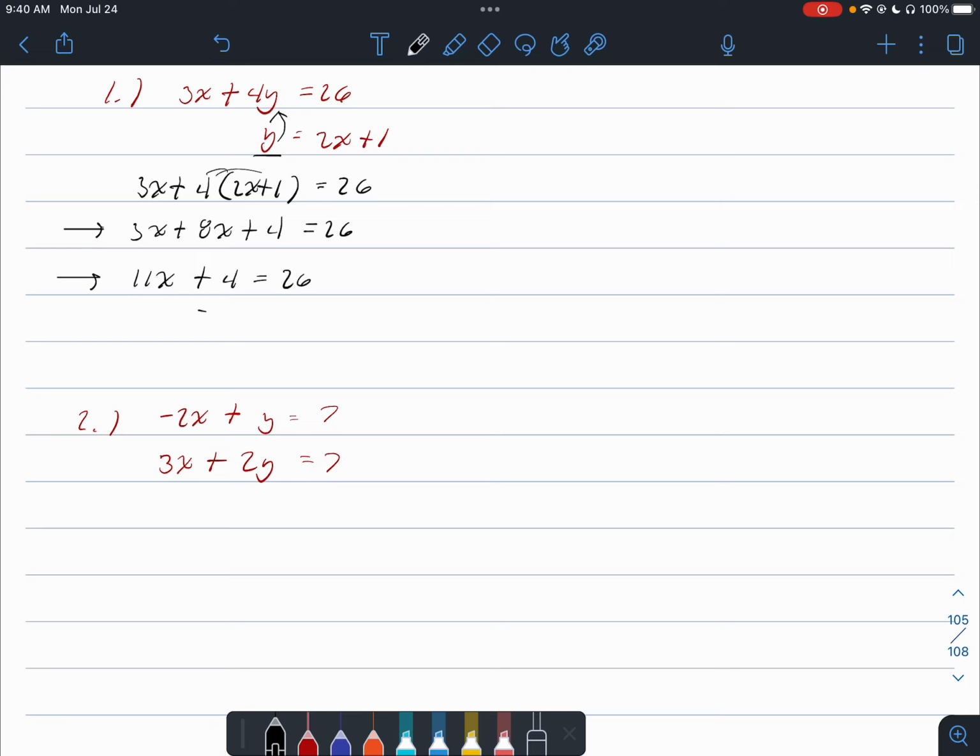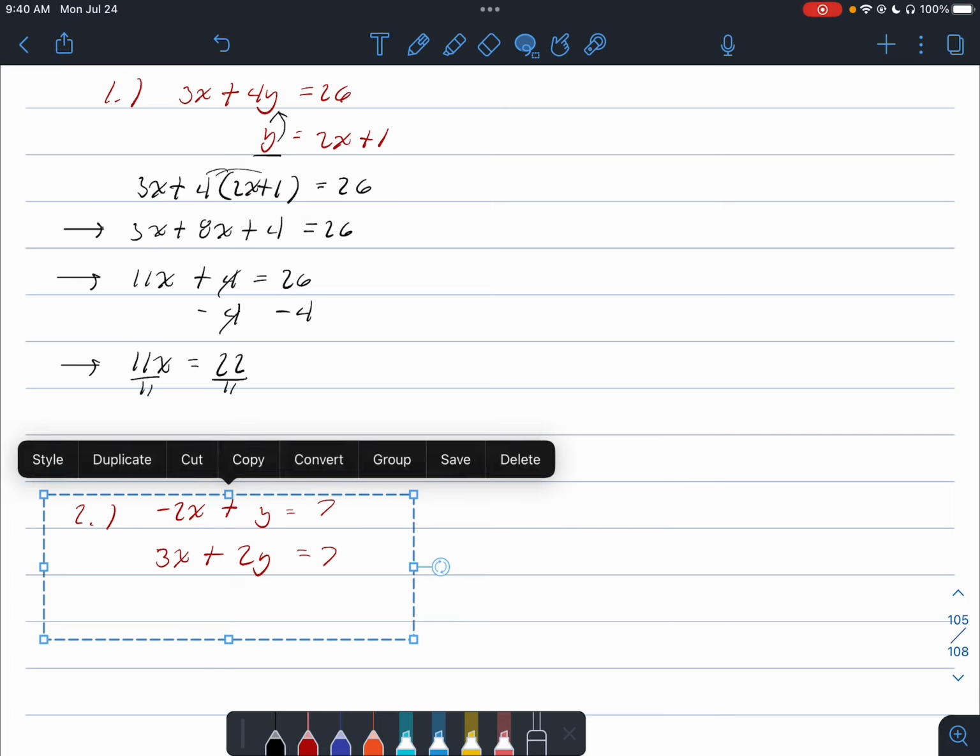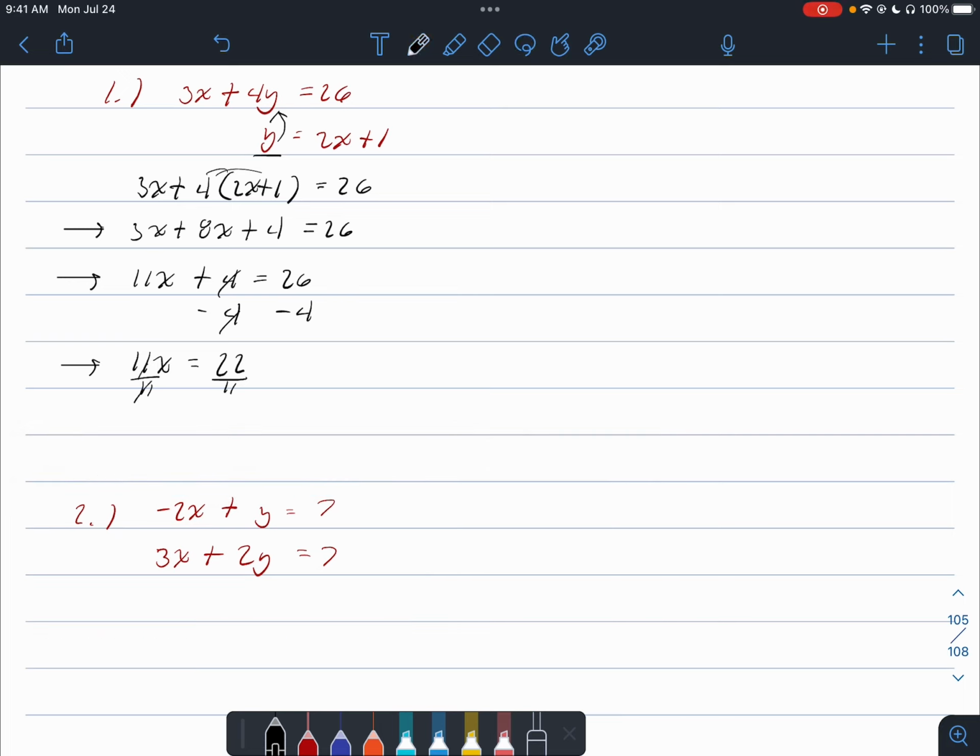You take 4 away from both sides, and we'll get that 11x is equal to 22. If we divide both sides by 11,